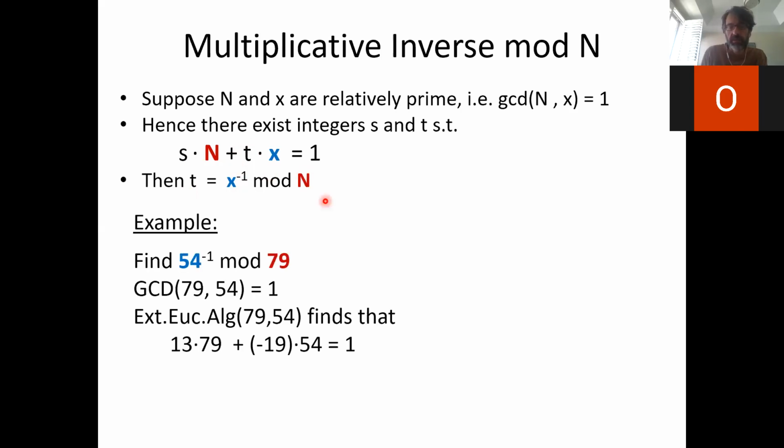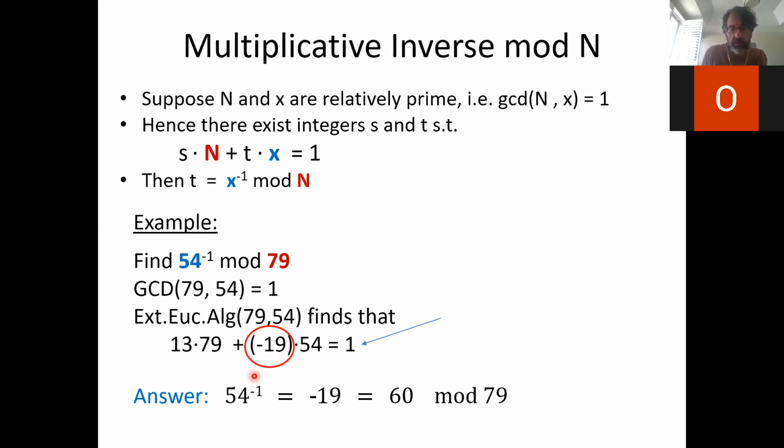Why is that? You can see this in general, but first look at the example. Let's say we want to know the multiplicative inverse of 54 mod 79. 79 is actually a prime, so the GCD will show that they are coprime. And the extended Euclidean algorithm will find these coefficients, and they turn out to be 13 and minus 19. So they're bound by this equation. And so the answer,